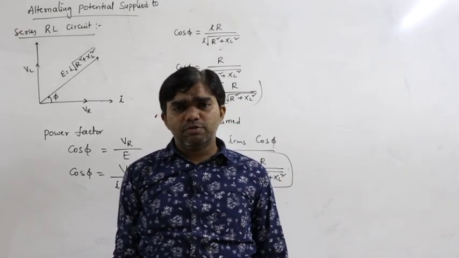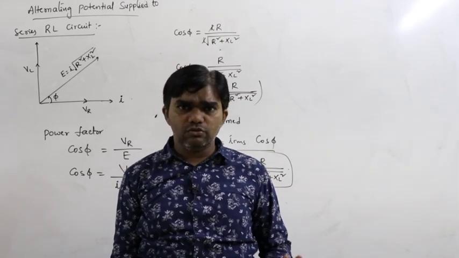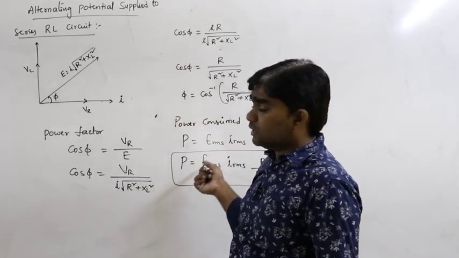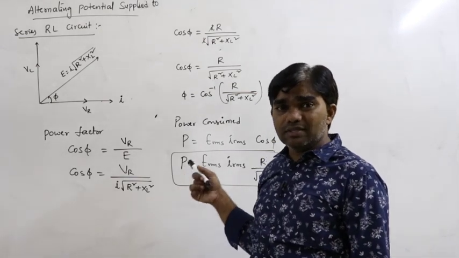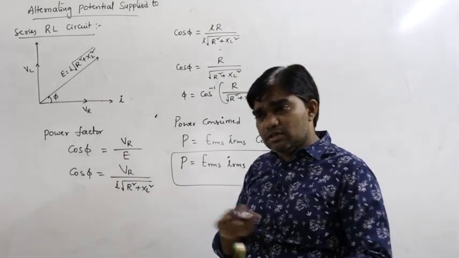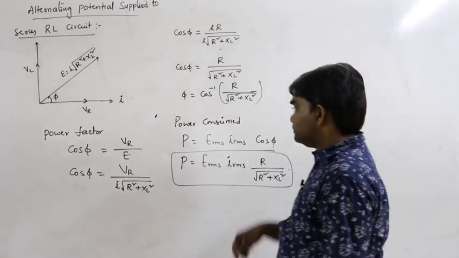Maximum amount of power must be consumed. So that's why pure resistor circuits are not useful. That's why maybe an inductor and resistor must be connected, or an inductor and capacitor must be connected. So that is the mixing of these three: inductor, resistor, capacitor. So this is the situation.